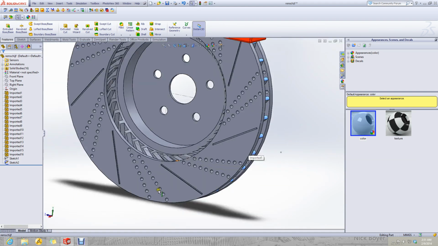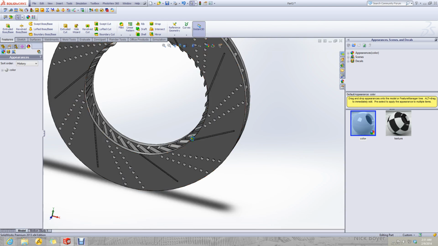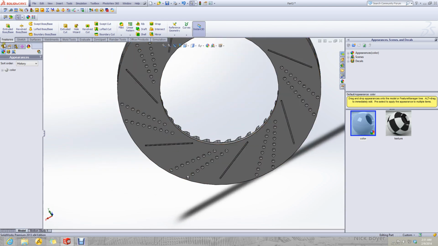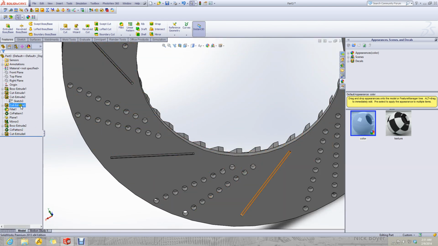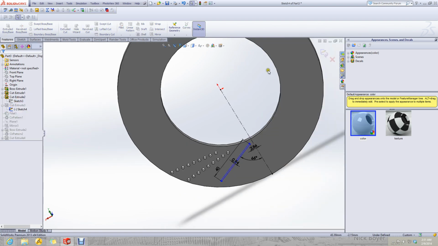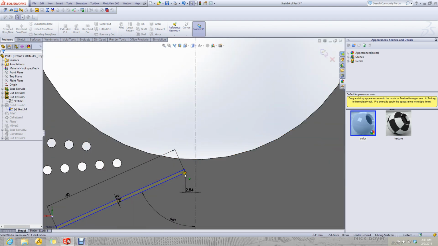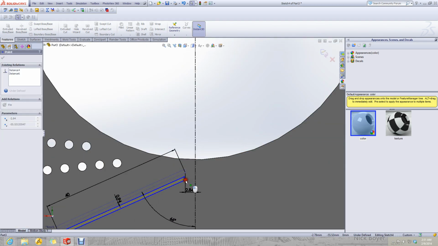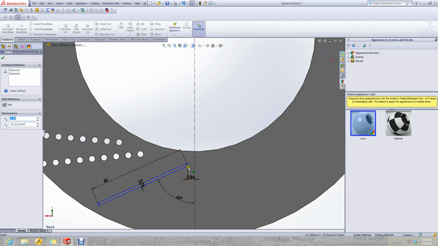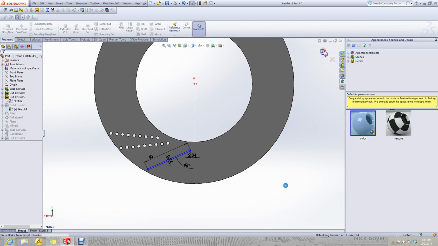Okay, they still got some distance from the circle, so I have to move this feature slightly outwards. I will go into its sketch, move it slightly down, like so.